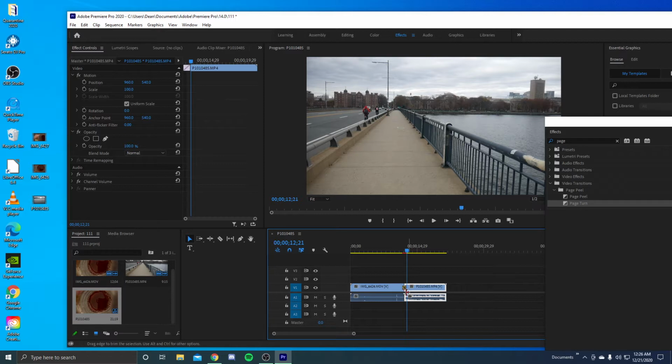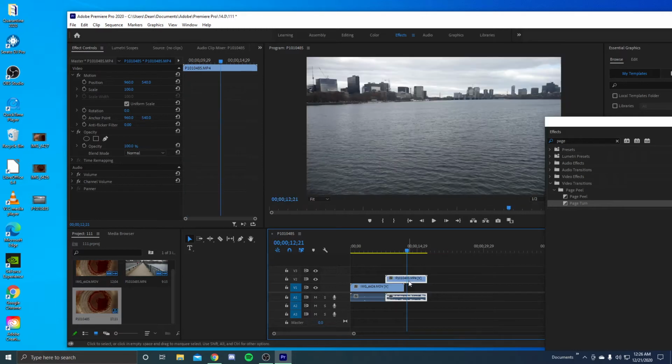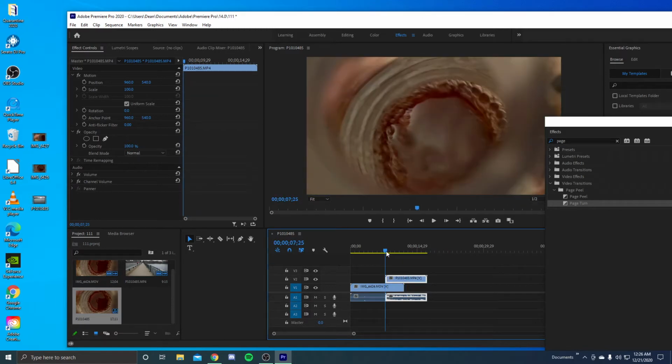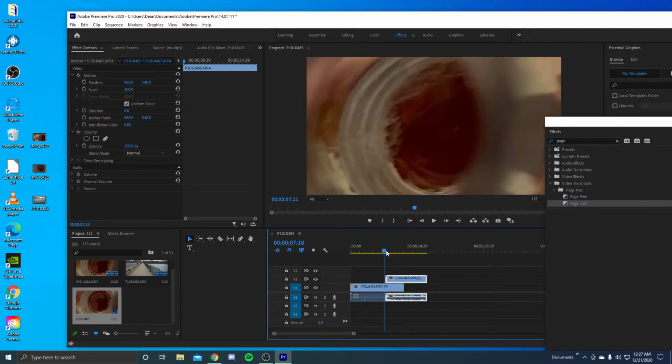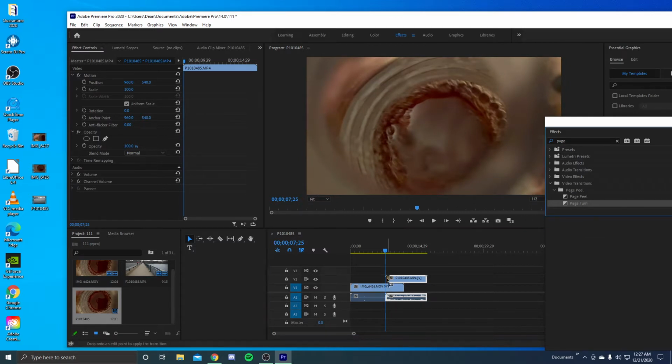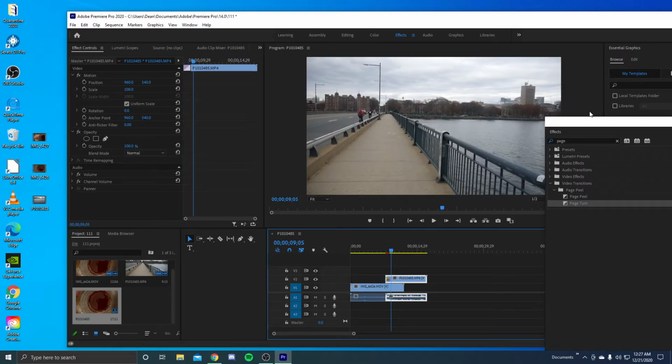So what we want to do instead is delete that, and we're going to overlay this. I just want to start from the beginning there, and once you overlay this, now what we want to do is put the page turn on, but we're also going to use another effect. As you can see here, it's basically the same thing. It just puts the page turn in as it did in the previous one. And now what you want to do is type in